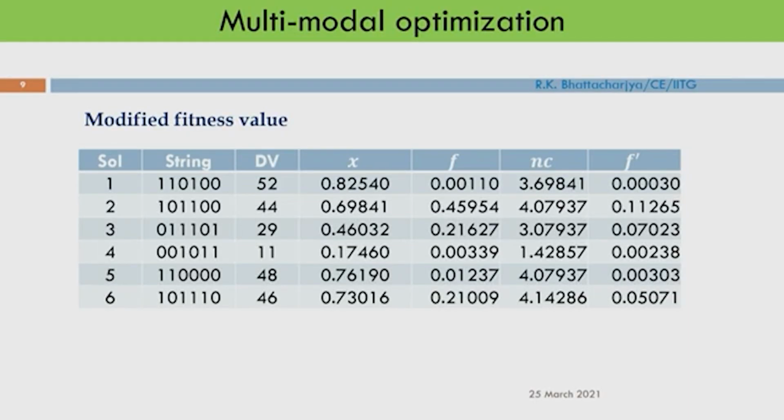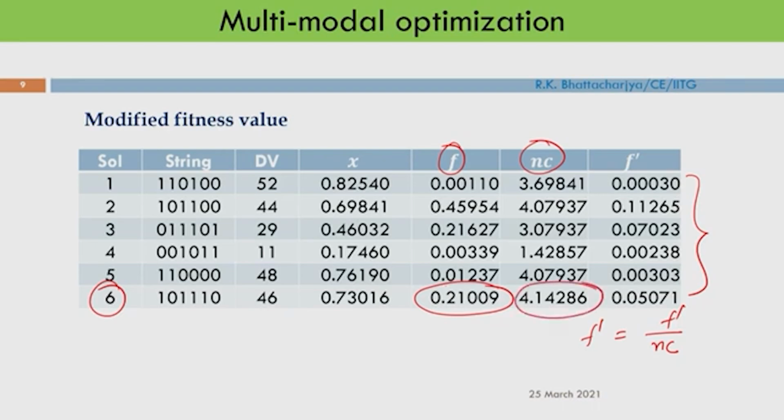So, I have already calculated the fitness value. This is the actual fitness value of the solution, and I have also calculated the niche count, and now I am calculating the modified fitness value. That is equal to the original fitness value divided by NC. So, these are the reduced fitness values. You can see that the original fitness of solution 6 is 0.21009, and this is a crowded solution, and the niche count value was very high, that is 4.14286. So, now the fitness value is reduced to